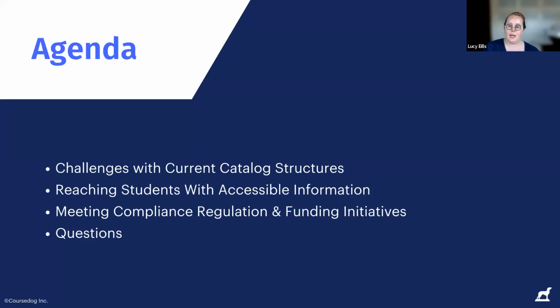Awesome. So before we dive in, I wanted to quickly provide an overview of what we're going to be talking about today. We're going to begin by talking about some of the challenges we've seen and how catalogs today are typically structured. Then we're also going to spend some time talking about some practices that we've seen to make sure that the catalog is accessible to all students. And finally, we'll be talking a little bit about how the catalog is connected to any compliance regulations and funding initiatives. So this will include touching on Title 4, 3, and 5 compliance,